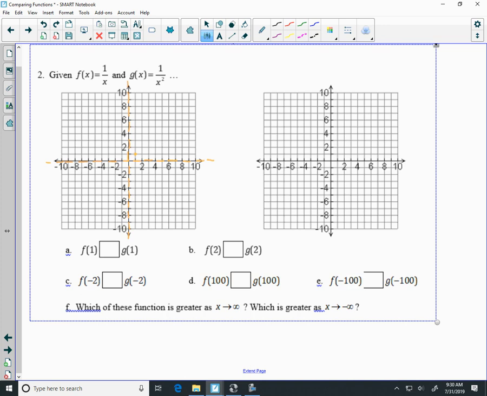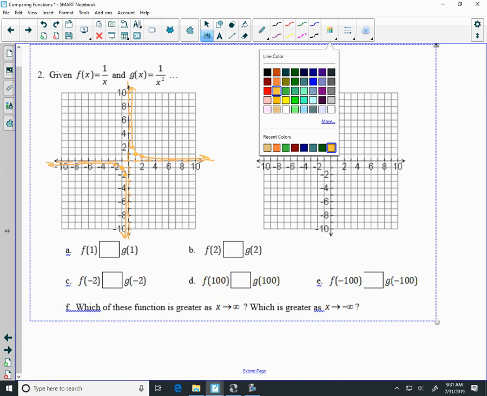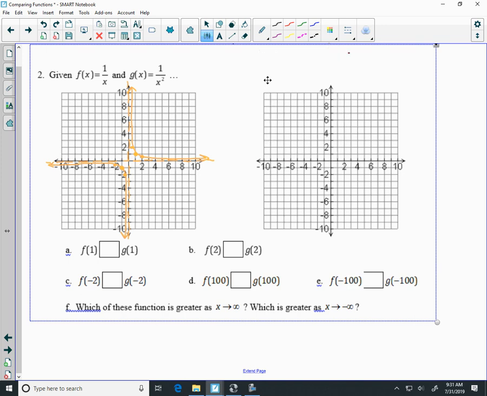It has points (1, 1) and (-1, -1). We like those 3 in there for each of our curves. So there's 1 over x. Still have x squared on the graph. And then 1 over x squared,